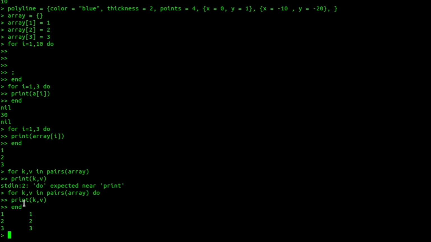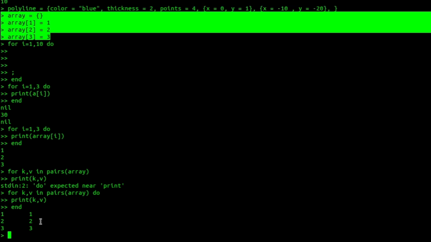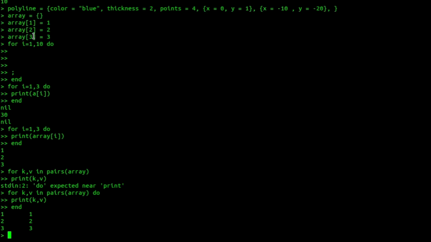Here we have used an array where the indexes are integers, so that's why this table is called an array. But if we had used some other table without numeric indexes, the order would be nondeterministic, because internally Lua stores the table elements in a hash table, so you can't determine the order unless you are using integer indexes. So you should keep that in mind while coding in Lua.